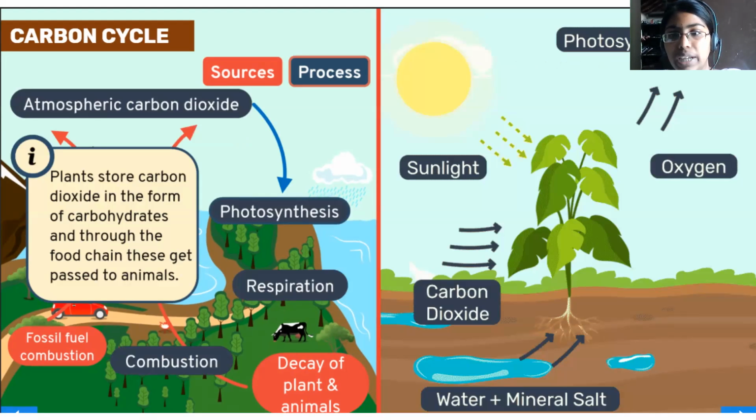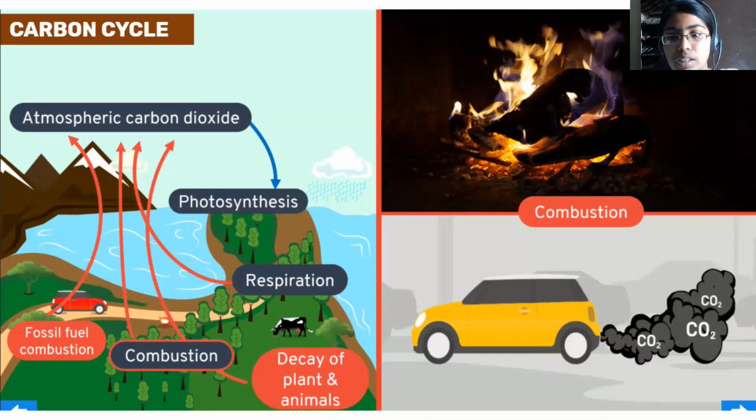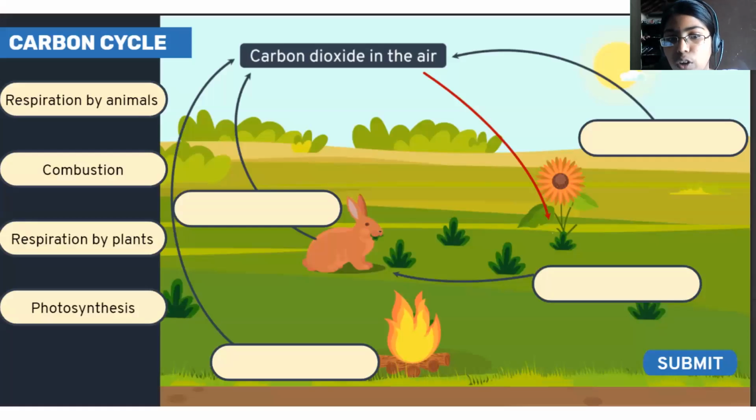And next, because of those sources, it gets converted in another way. The plants will store their carbon dioxide in the form of carbohydrates and they make their own food. So this is the process of how the plants utilize the carbon dioxide. Finally, due to combustion also, the carbon dioxide will get released. And by human respiration and animal respiration, the carbon dioxide will be emitted into our environment. Okay?